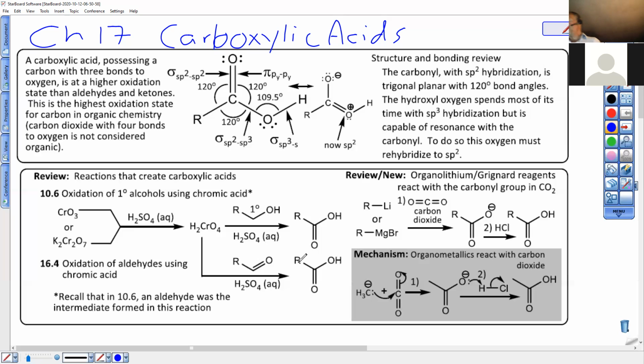We're going to look at Grignards and organolithiums reacting with not aldehydes or ketones, but rather with carbon dioxide. Carbon dioxide has a very positively charged carbon. It's not a cation, but because of the 4 bonds to more electronegative oxygen, it is a very positive carbon that can be attacked by an anionic nucleophile such as methyl lithium. Methyl minus would be the active ingredient in methyl lithium,